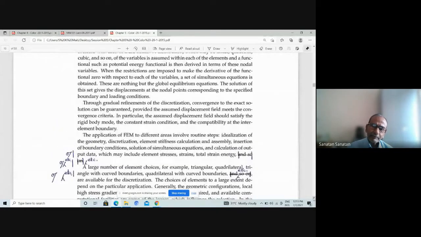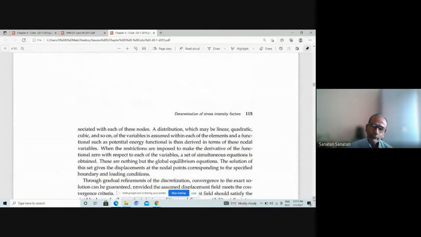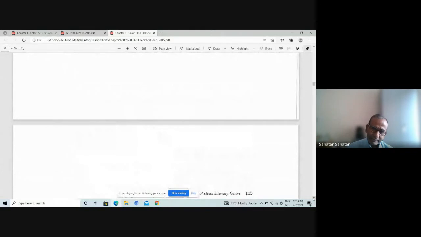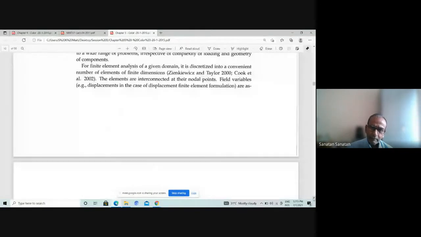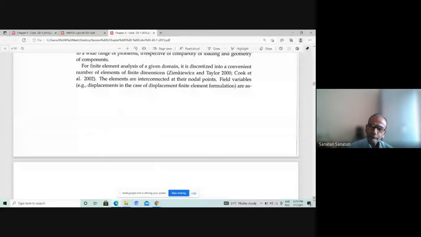The analytical method has been the basis for finding SIF for cases which are easily manageable, but most of the time the geometry etc. is not very simple, and the loading is also not simple. In that case, how do we obtain the solutions? This is the question, and therefore one of the very versatile and extremely widely applied methods is finite element.